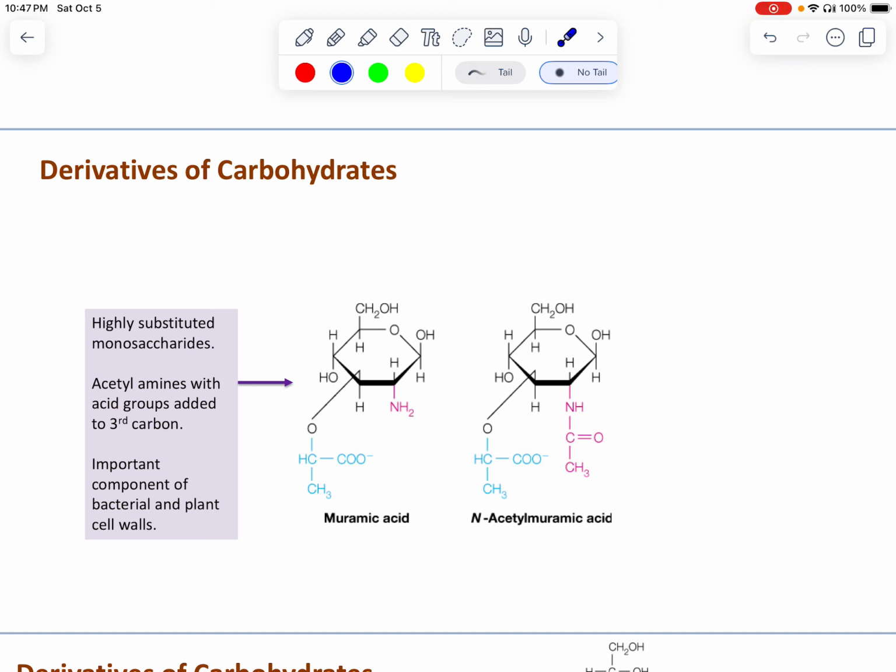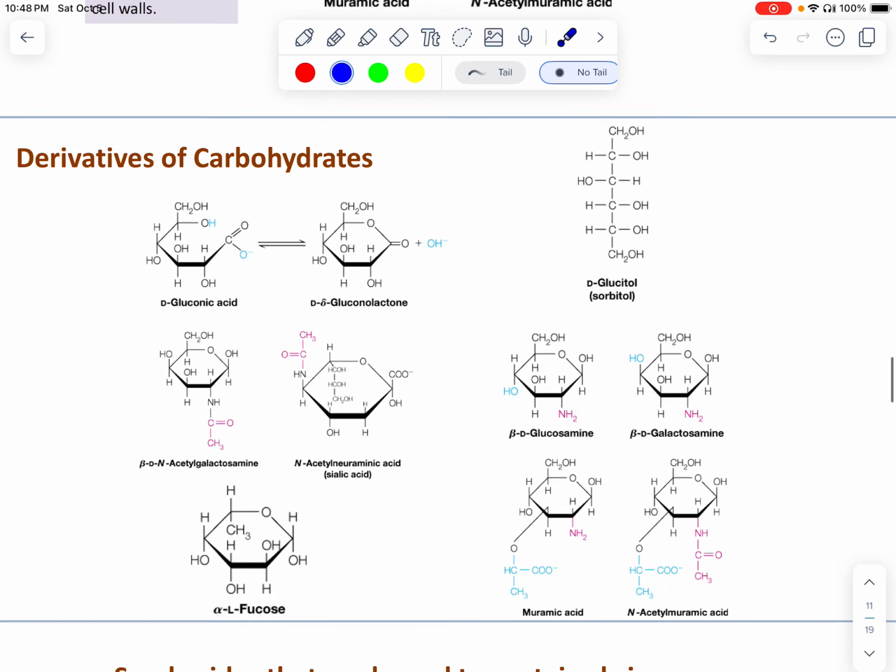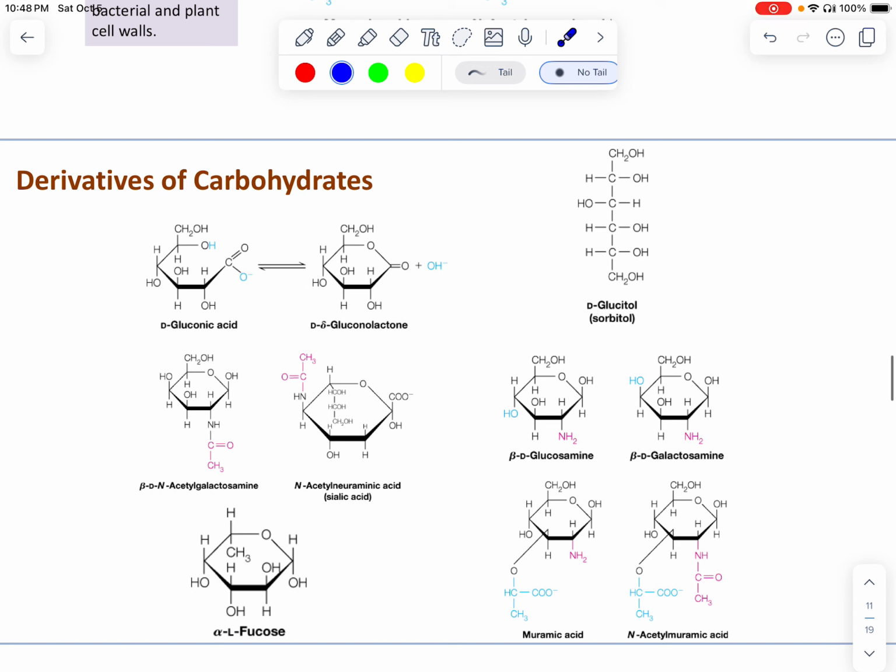This muramic acid, or acetylmuramic acid, is just a highly substituted monosaccharide. Like, there's lots of stuff added on here. And they're important components of bacterial and plant cell walls. All right, so if we go back to that original picture, really what I want you to get the idea